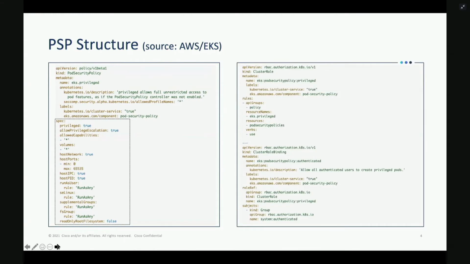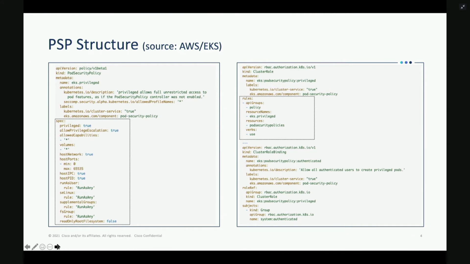Now, in order to make this pod policy effective, there are two more steps we need to do. We need to create a cluster role. In the cluster role from the policy API group, we need to add the verb use, so we allow using this policy. And we need to make a binding of this role, so not just a role, but a role binding, then bind it to a service account, which is typically the case, or a user or a group. This way you can apply it on the desired environment.